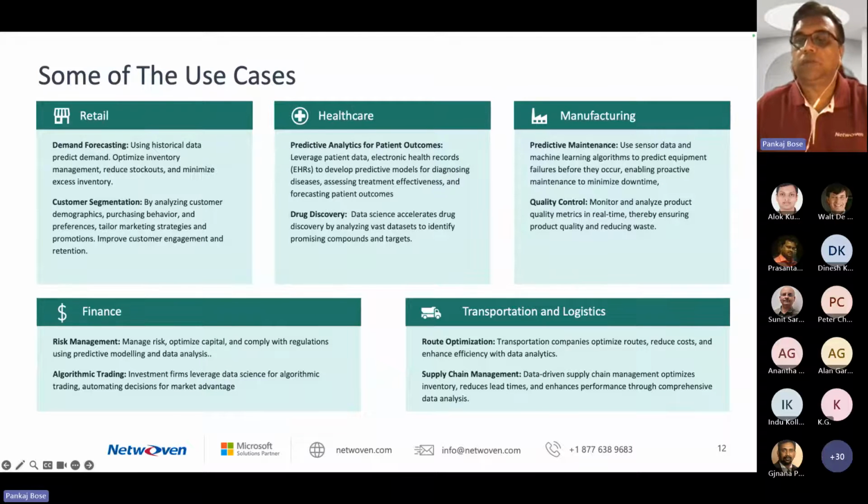Coming to, say, finance, right? Risk modeling has been in use for a while now, but by leveraging predictive risk modeling and analytics, financial institutions can better manage risk exposure, optimize capital allocations, and comply with regulatory compliances. Algorithmic trading, this is a very interesting area. People are already getting benefits out of that, like machine learning models predicting the stock movement with reasonable